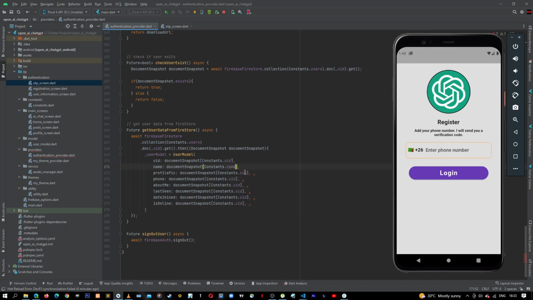We know that this is a name, a profile pic, we have a phone, we have about me, last seen, date joined, is online. Let's just remove these extra commas. Okay, let's close it out, and then again here, this